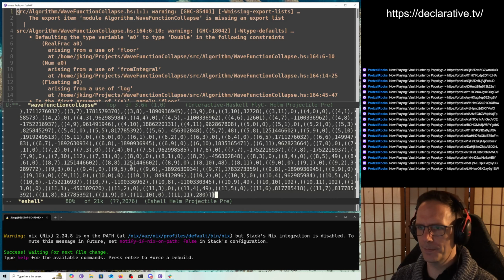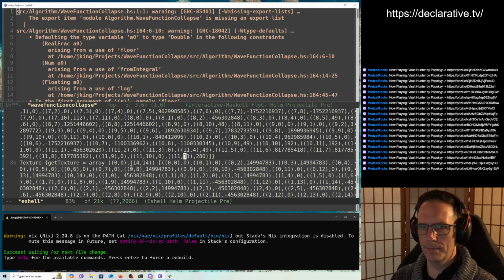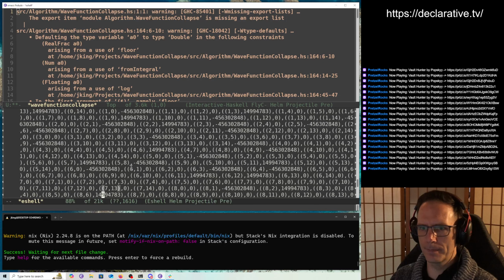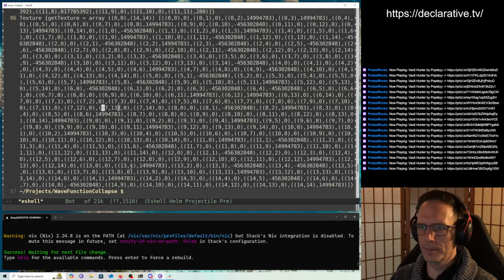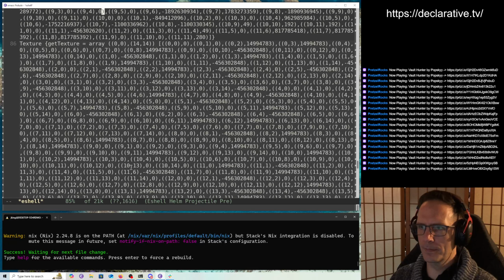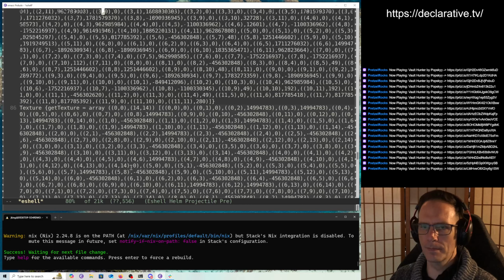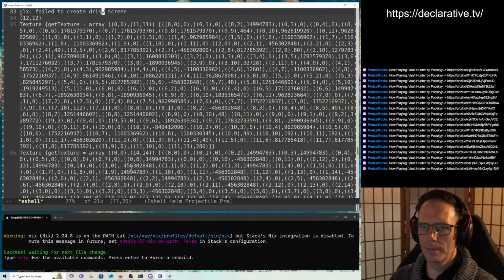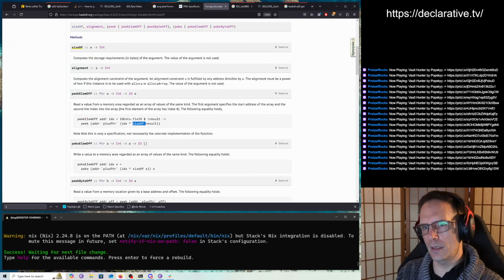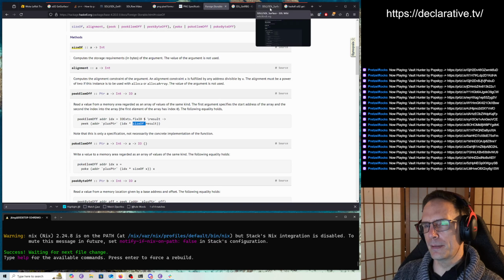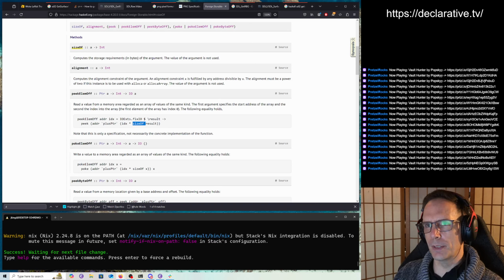Likely still junk data. What else could it be? It could be that the size of C int is not what I think it is. And in which case,